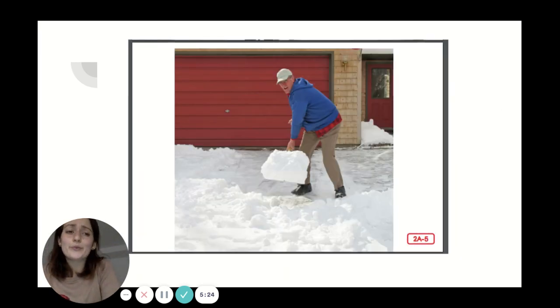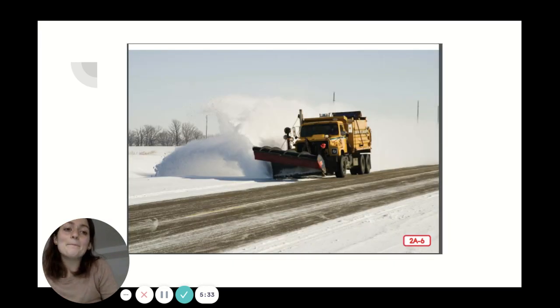When it snows, everyone works together to clear the snow. People use snow shovels to shovel snow off walkways so that others do not slip and get hurt. In many places where it snows, snowplows get to work clearing the streets. The big plow on the front of the truck scrapes the snow and ice from the streets. These trucks also carry salt or other chemicals, which they spread on the roads as they pass. The salt and chemicals melt the remaining ice and keep new ice from forming, which makes the roads safer for people to drive their cars.